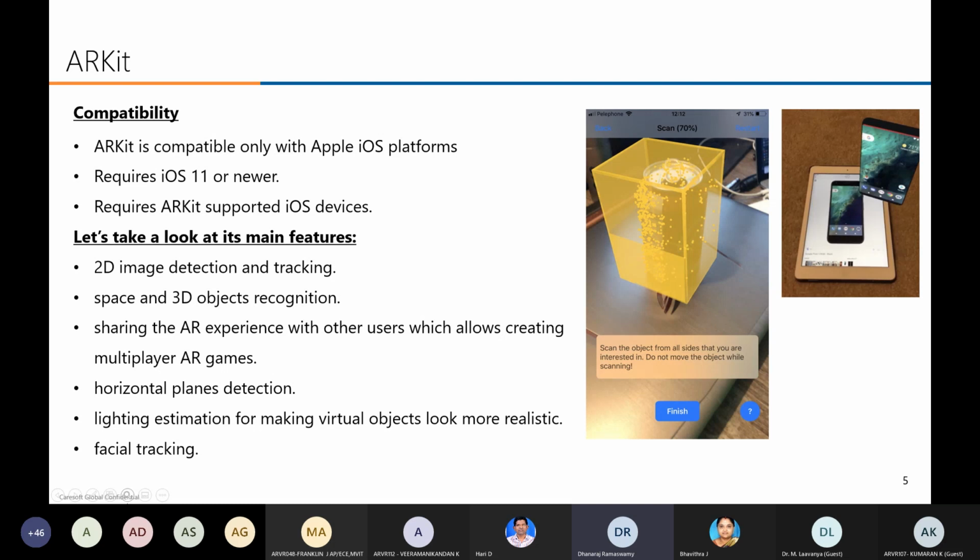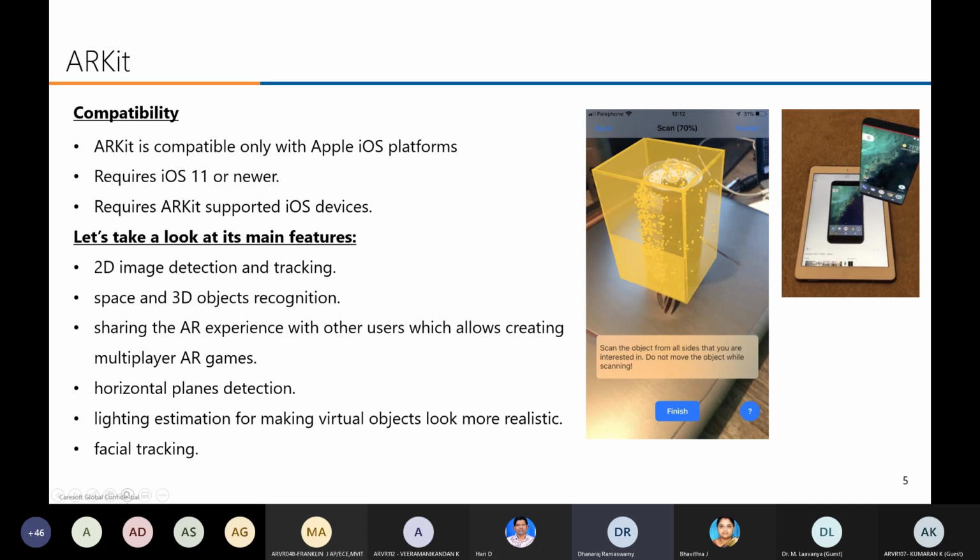So even facial tracking is possible. Facial tracking, I think most of you have used. In face tracking, if you put on lipstick, or any cap or glasses, and you move your face, it will track your face and apply the lipstick or cap or whatever it is onto your face.